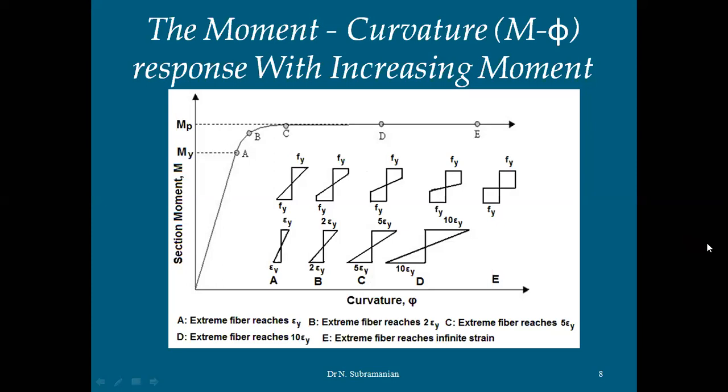So if you want, I will just put a pointer and I will show you. So this is a slender section, and this is a semi-compact section. Okay, and this is a compact section, and this is a plastic section. So we design members under this section, and we have to see whether the section is falling under plastic section or compact section or semi-compact section. We have to check whether it falls.